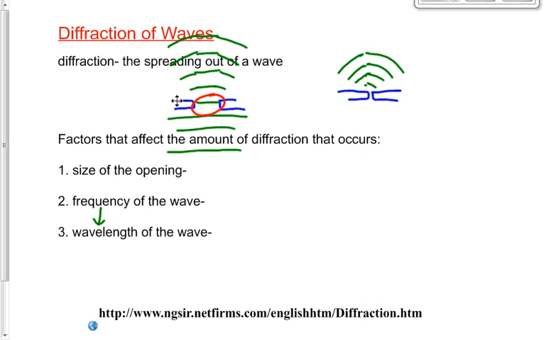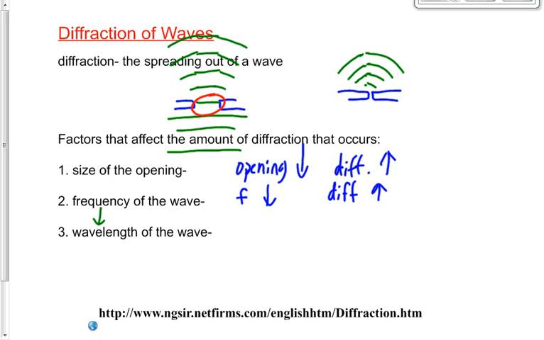If I could hear low frequency, then that means that low frequency diffracts more. Low frequency diffracts more, so as wavelength goes up, diffraction goes up. Okay. V is equal to